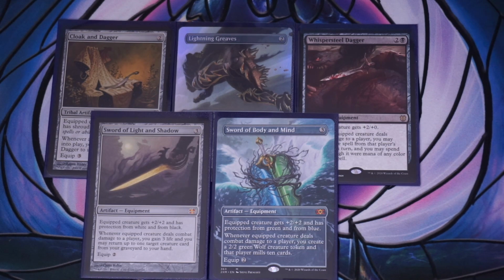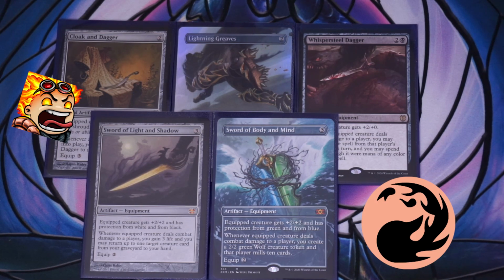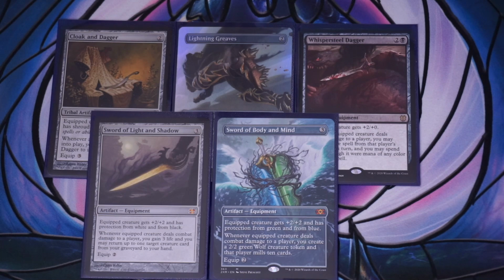Sword of Body and Mind, one that's not normally popular in EDH because most of the mill decks I see don't even have creatures that attack. It's all right, but I feel like it's right at home here because it gives us, first off, protection from green. So the only thing this deck does not get protection from so far is red. But yeah, protection from green and blue, which is very solid. And the fact that you get to mill 10 and then also get a wolf. The wolf is just the cherry on top, but really it's the mill 10 that I'm really a fan of